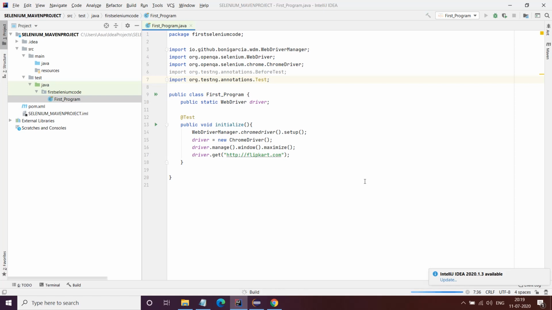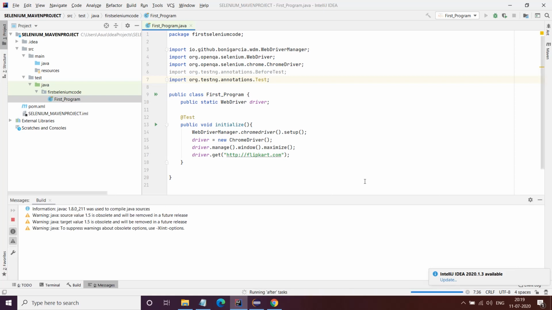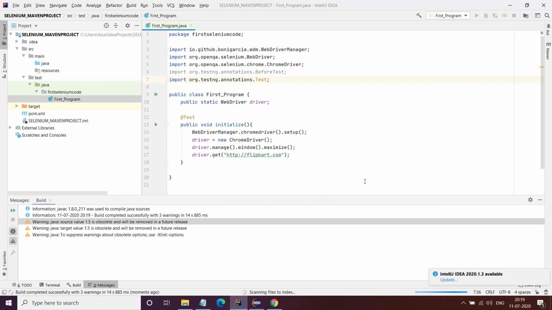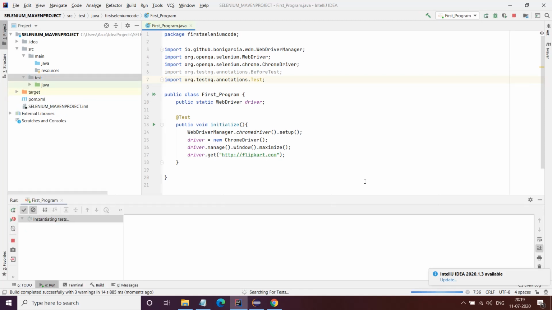Let's see what happens. So the test case is getting run.